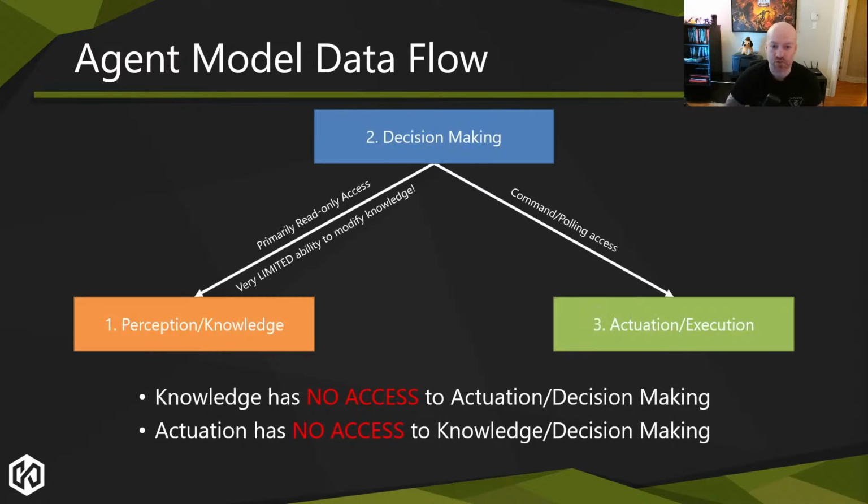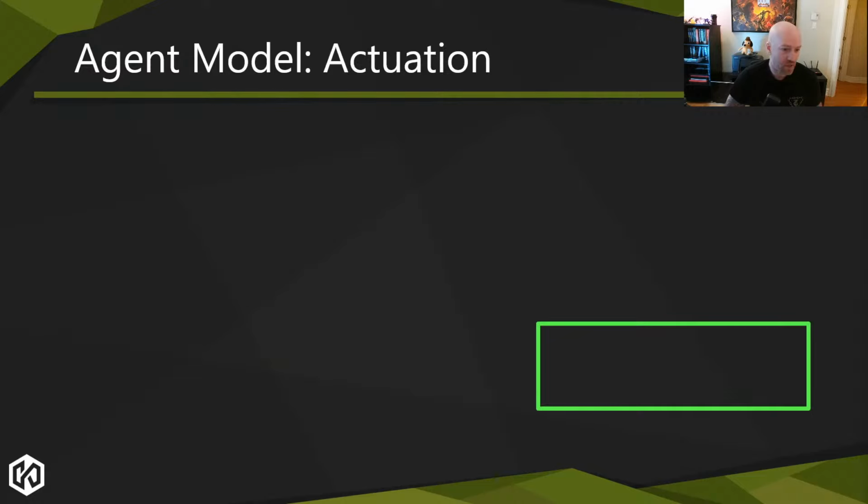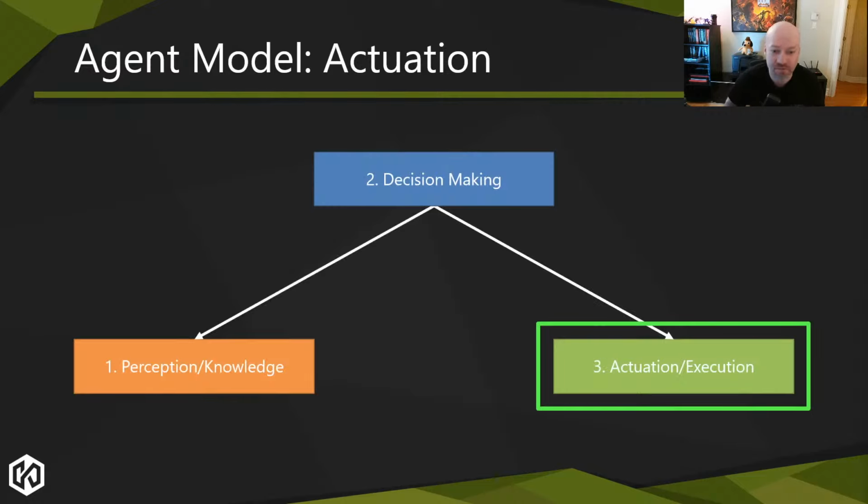So we can restructure this in a different approach where we have the decision making and we have this sort of three-layer thing. So this is what we're going to cover, these three areas. And whoops, sorry, I managed to finish the slides literally an hour before starting this, so there may be some mistakes. We're going to start with the actuation and the execution layer first.